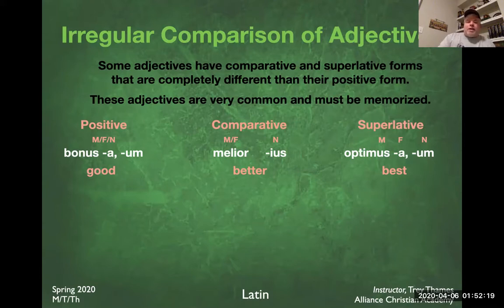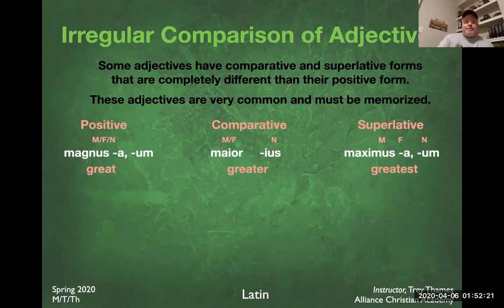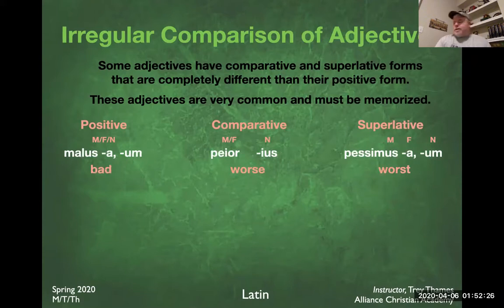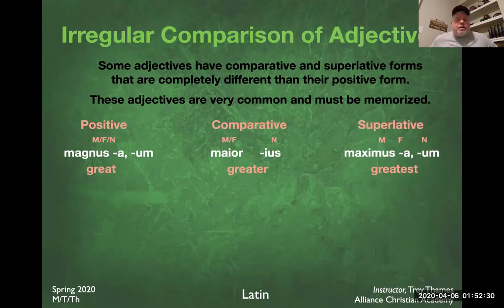All right, what do the other ones look like? Let's try this one here. Magnus, a, um is great, but in the comparative, it's major, majus. Now, I want to remind you that